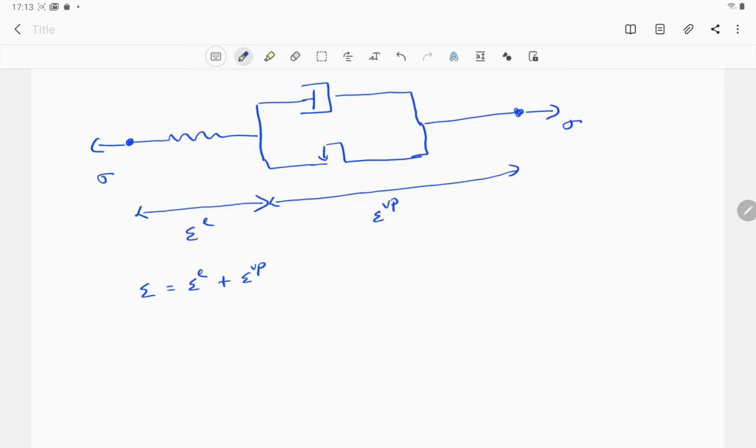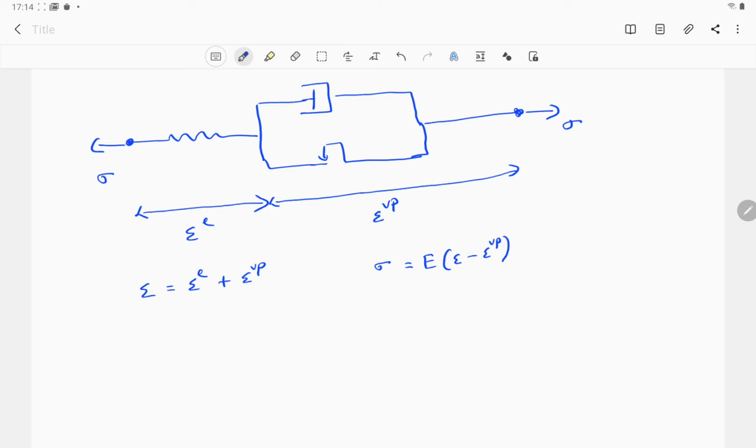Okay, so now sigma is equal to Young's modulus, which is corresponding to the spring, into epsilon E. But I know I can use this relation. By exploiting this relation, I can rewrite the relation between sigma and epsilon as the following, which is equal to E into (epsilon minus epsilon Vp). Okay,